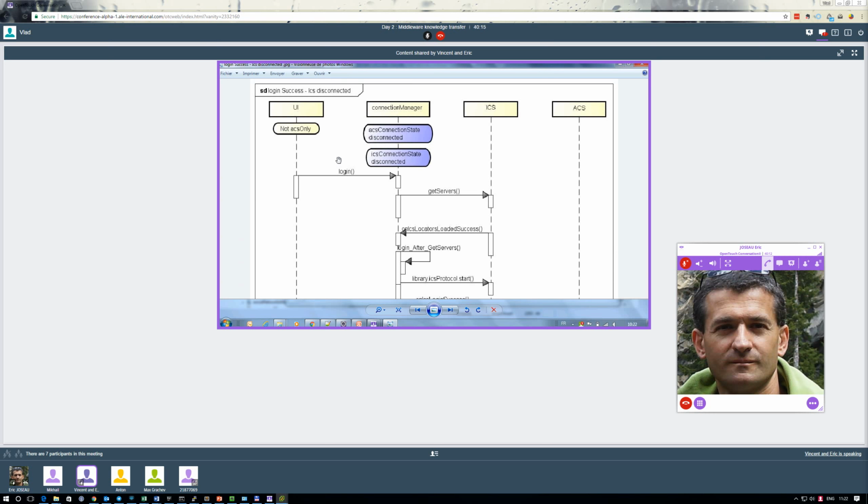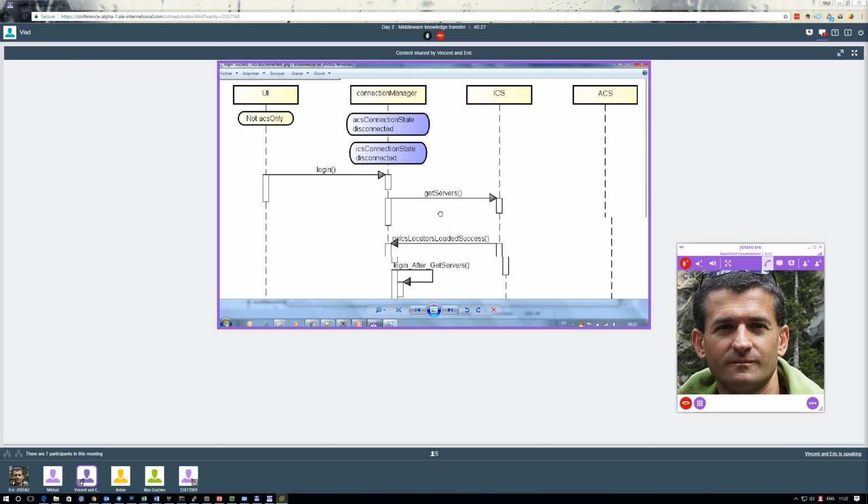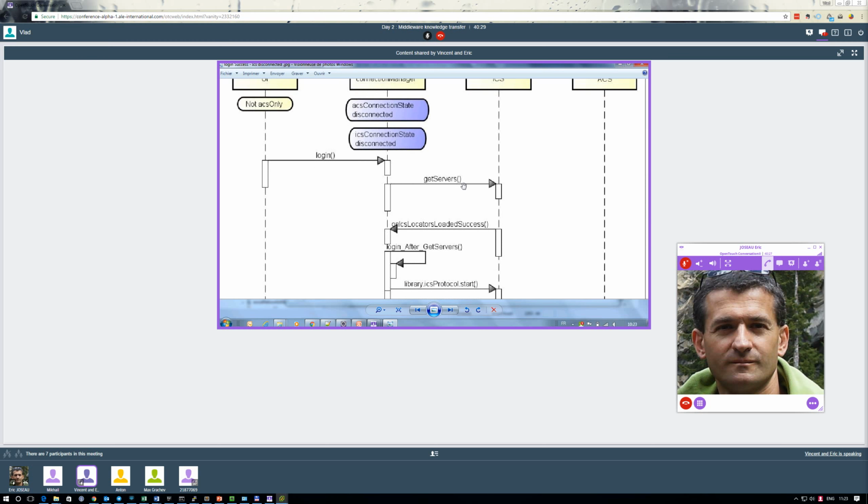First step, the OTCPC asks the middleware to do a login. The connection manager loads the locator with the getServer method we have seen in logs. Locators are loaded. So at the result of the getServer, we have the